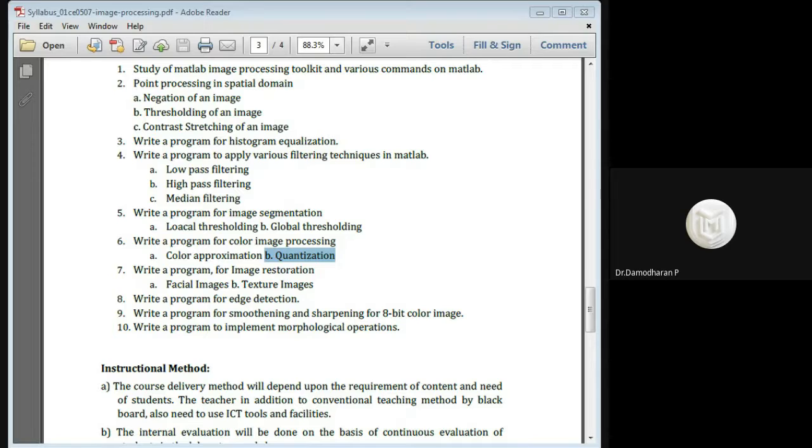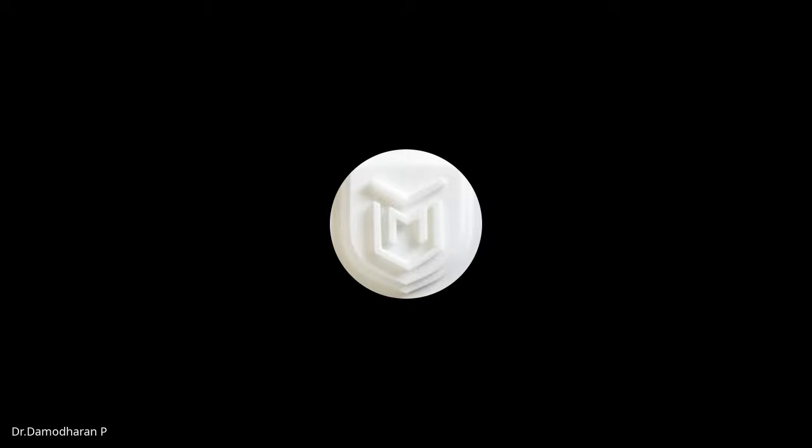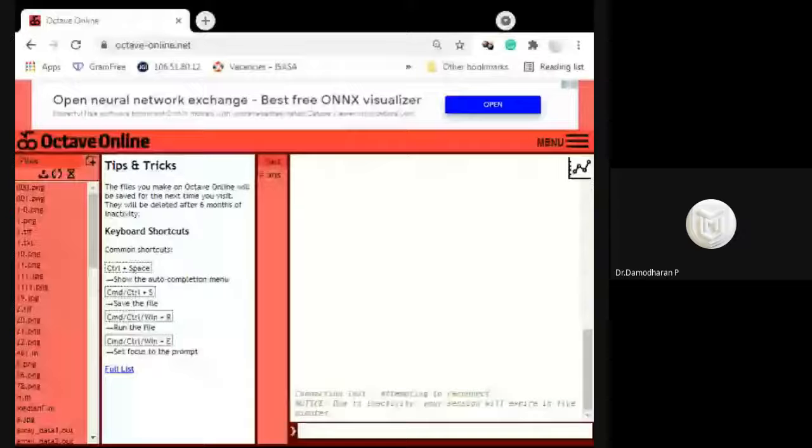I'm going to stop this and share the Octave online screen. I hope you are able to see the Octave online screen which I shared.